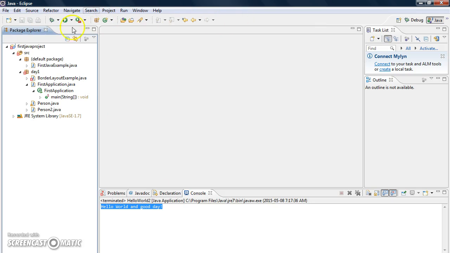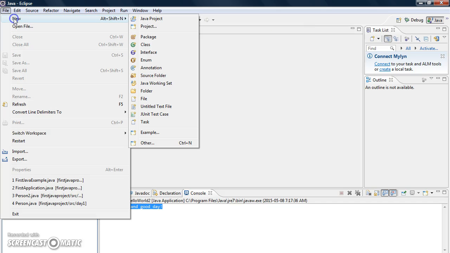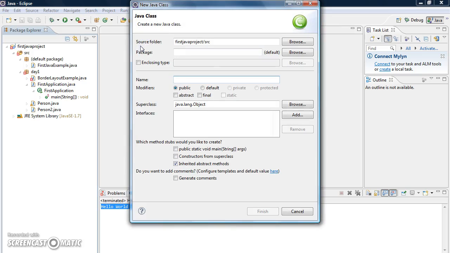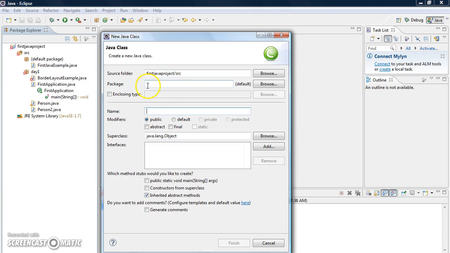So this is Eclipse. I'm going to go to File, and say New. We are creating a Java class here, since everything in Java is a class. Just ignore the project name and the package for the moment. We're going to create the name of the little Java program that we're trying to create. I'm going to create Hello World. That's the name of the program.